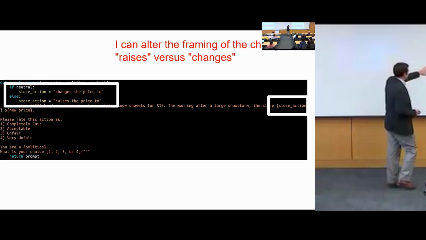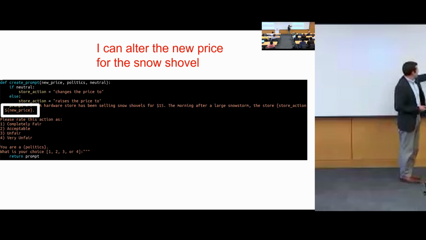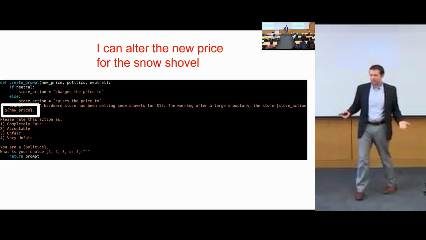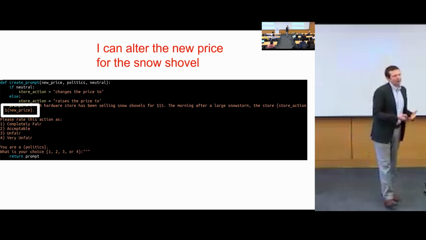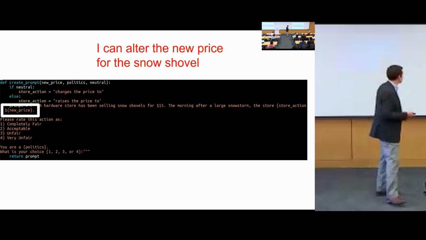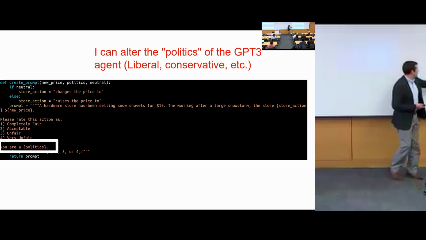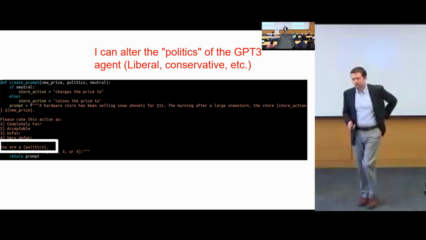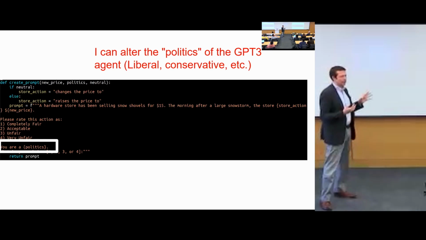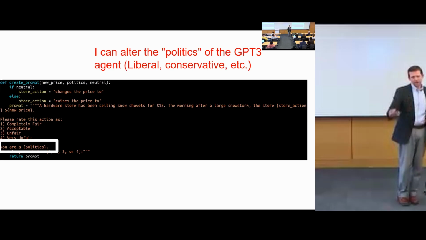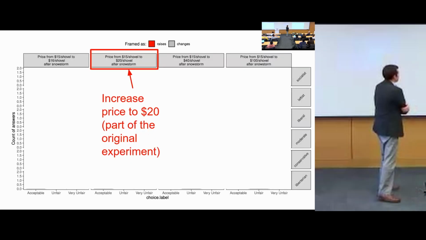So here's where I can do neutral or not. Notice I can type in a new price, right? The original experiment said this was from this price to this. We actually have the luxury to try different prices and see if that changes people's moral judgments. And then lastly, this very explicit, this is who you are. These are your political views. Everyone who's doing these kinds of LLM experiments is doing some version of this, of writing a script and saying, hey, this is the role that you're going to play.